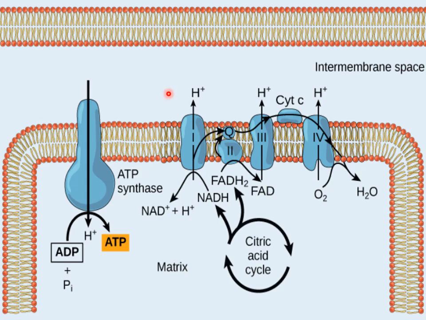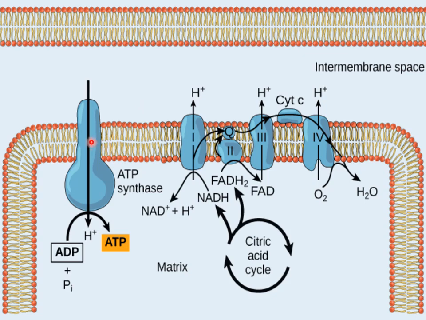And we know the rule: things naturally move from higher concentration towards lower concentration. So protons now have the ability to move from the intermembrane space back to the matrix, but they require a specific channel and a specific protein. From there they can enter again into the matrix, from where they were produced and exported out.